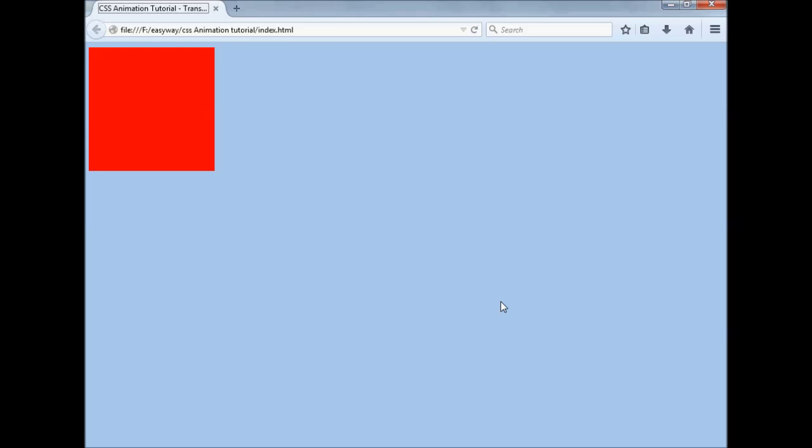Okay, so this is the basic example of CSS animation, the translate property. We can do some awesome stuff using this property, and in the next tutorial I'll cover the next CSS properties one by one. So till then,